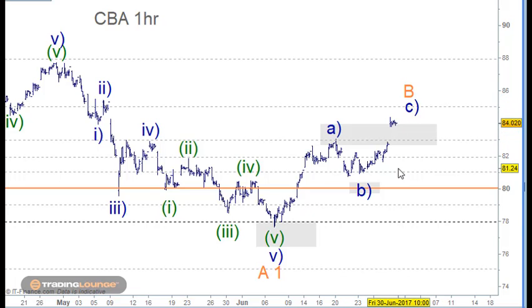So there's a couple of things we need to be aware of here. The first up here is that this move up here is not finished yet. There's still more to go here for this structure of basically five waves in here to finish this off. I would always be looking at this gap over here. So I think that looking at that number here, the 85, is where we're looking. Of course, the US markets are down today, but they're recovering okay as well. So we might see a bit of a rough start here, but once the market settles, we should see CBA